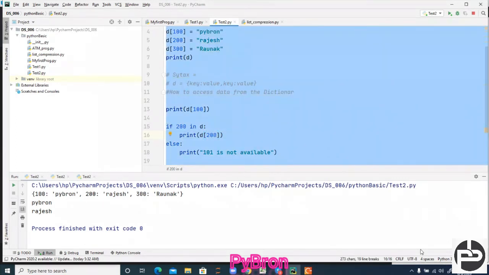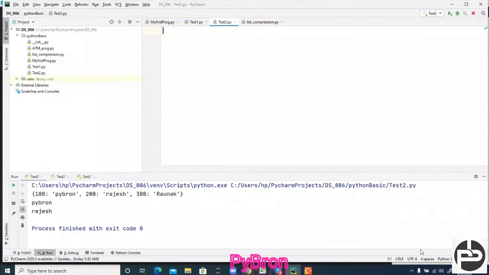Okay, now another question. Our requirement is like this: write a program (WAP) to enter name and percentage marks in a dictionary, and display the information on the screen.